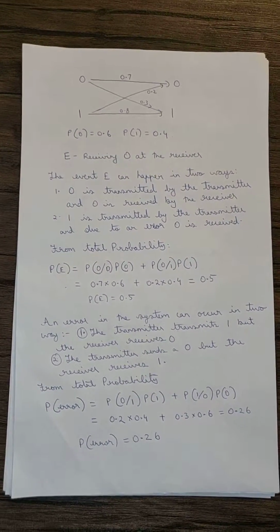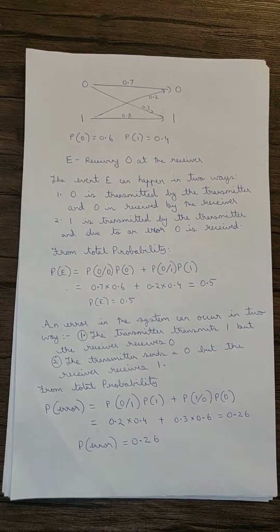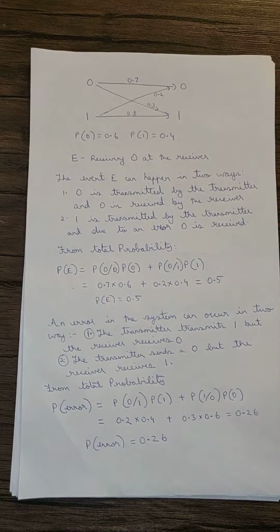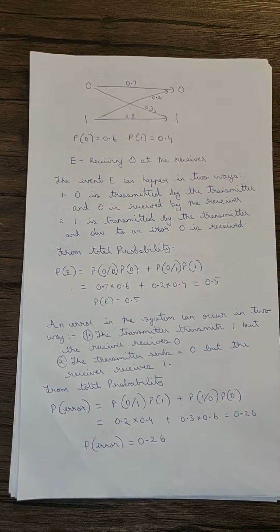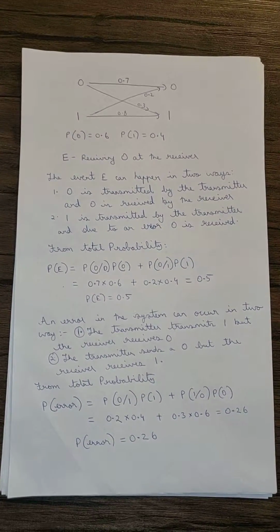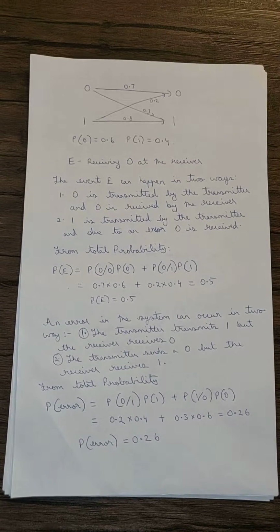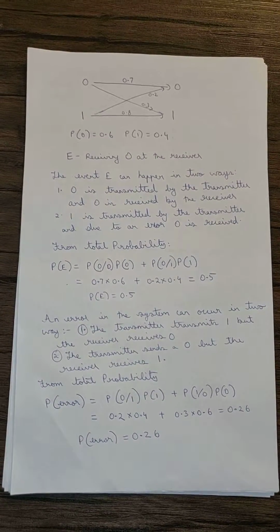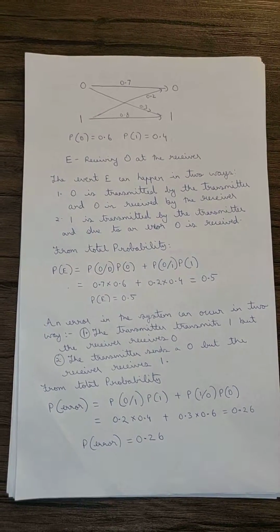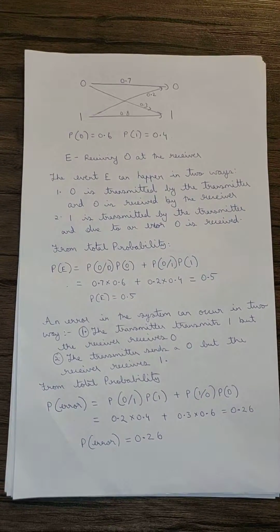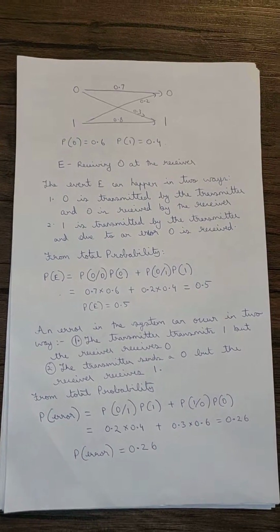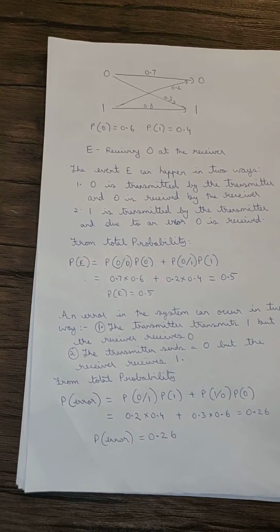Let us denote the event E to be receiving 0 at the receiver. So the event E can happen in two ways. One is if 0 is transmitted by the transmitter and 0 is received by the receiver, so there is no error. And the second case, if 1 is transmitted by the transmitter and due to an error 0 is received at the receiver. So using the total probability theorem, the probability of E is